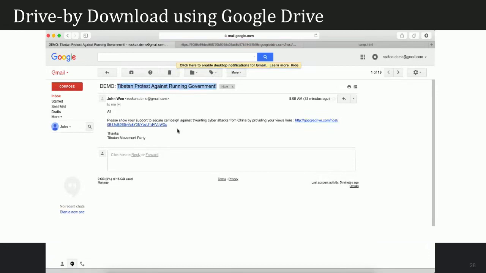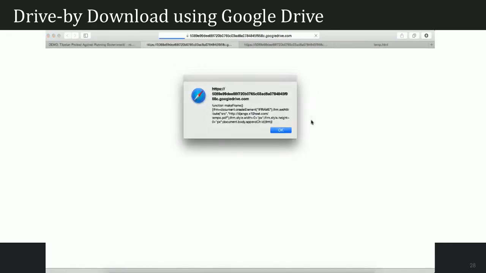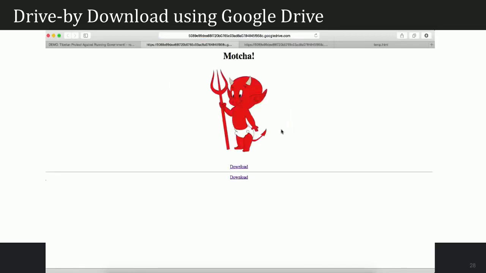So let's say in the phishing email, you got this link, right? This link is going to somewhere like Google Drive. You think it is authenticated, not a social engineering attack, but it's still going to a trusted cloud app. But exactly, let's see what happened. You click the link. I have put up these notifications in between just to let you know what is going on in the back end. So the JavaScript code is executed. You clicked it, okay. You got to this web page. And there you see you got infected.